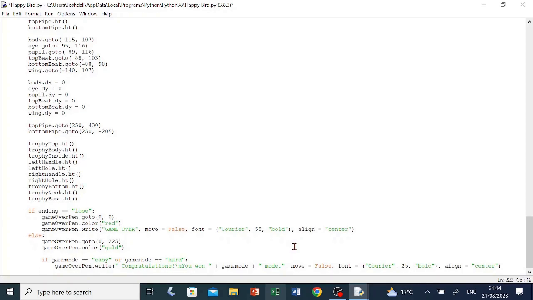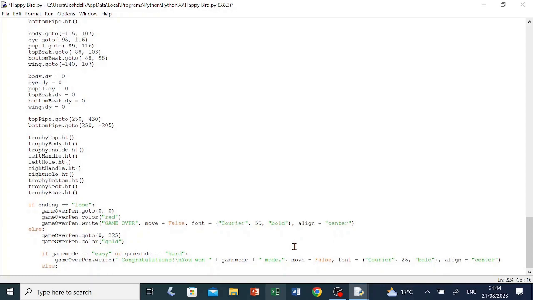Now we're going to do the else, colon, enter, gameOver pen dot write, open brackets, open quotation marks, double space, so type space twice, congratulations, exclamation mark, backslash n, you, medium mode,